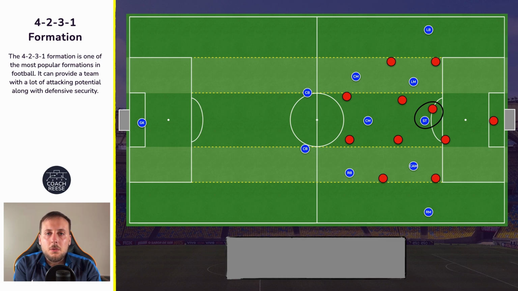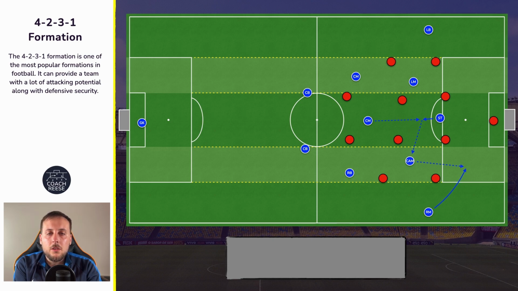As this happens, hopefully they engage a centre-back and the centre-back moves with them, and this then can release space for other players to attack. So it might be a member of our wide trio. So as our striker drops, our winger or attacking midfielder who are in the half spaces can then attack the box. Also, as the striker drops, they may look to receive the ball in this area, potentially turn and shoot,